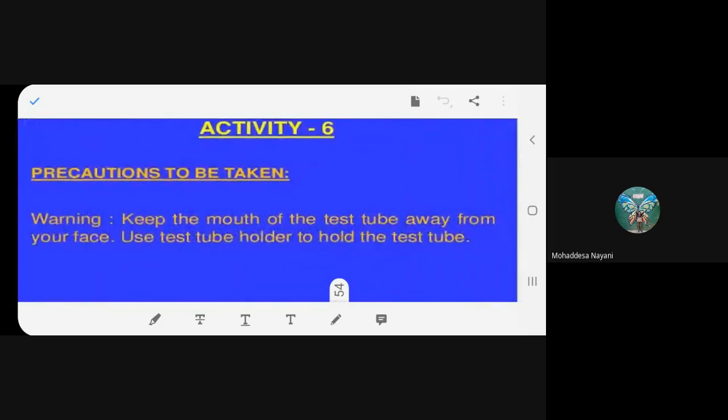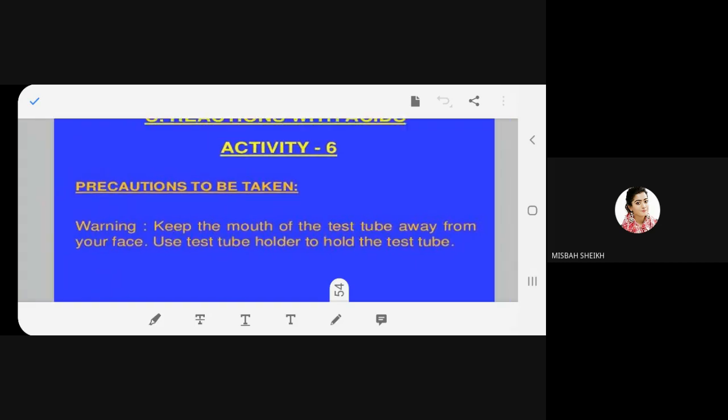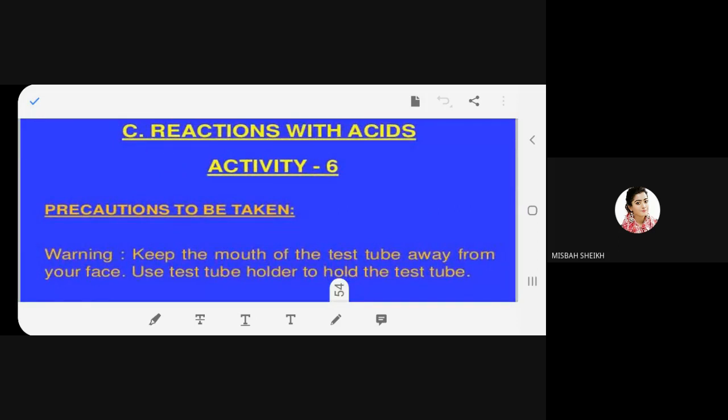These are reactions with acids. Okay, read it. Precautions to be taken. Warning: keep the mouth of the test tube away from your face. Use a test tube holder to hold the test tube. That means you are taking the acids, reaction with acids, isn't it? We did reaction with oxygen. We did reaction with